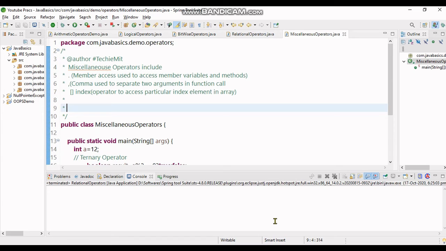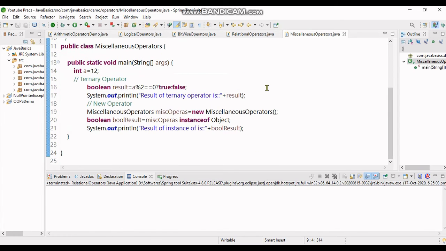And comma: if you pass multiple arguments to a method, they can be separated by the comma operator. We also have the index operator, the array index, used when accessing an element in an array. For example purposes, I've also taken the ternary. It also includes ternary, new, and instanceof operators.